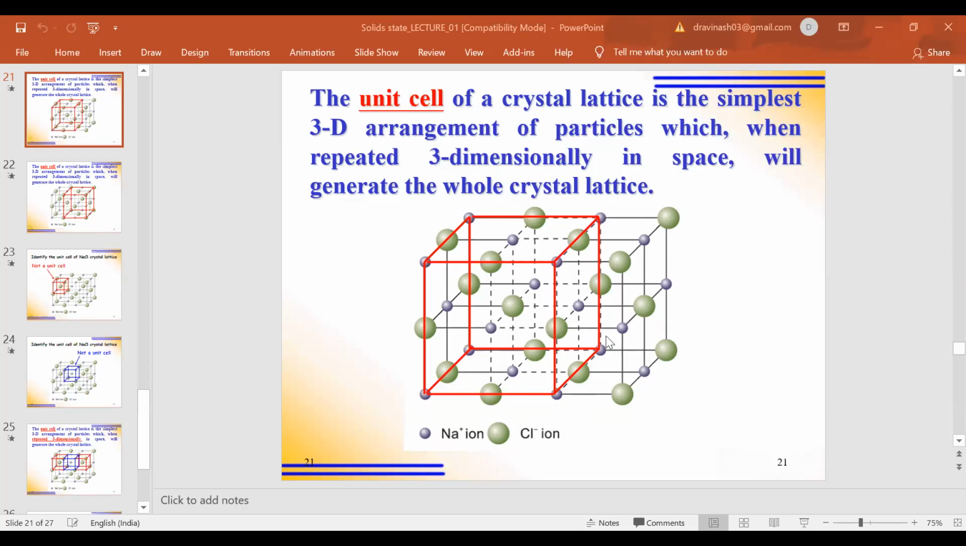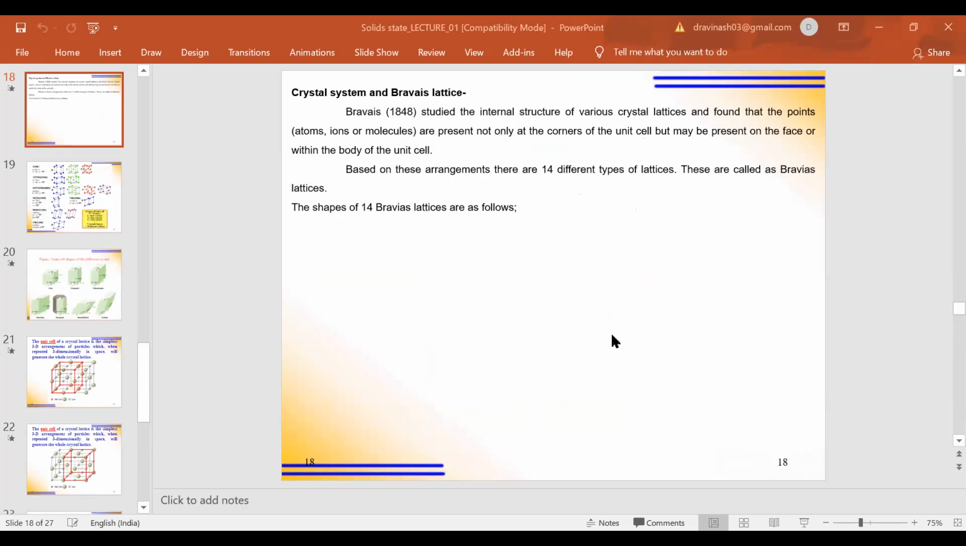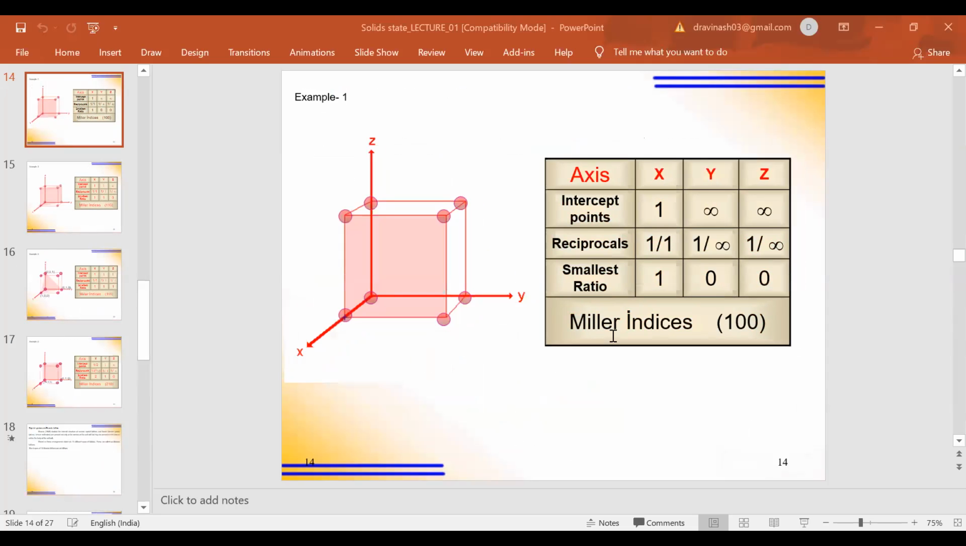Okay, so in this way this is the unit cell. This is how we are defining the unit cell, right? So